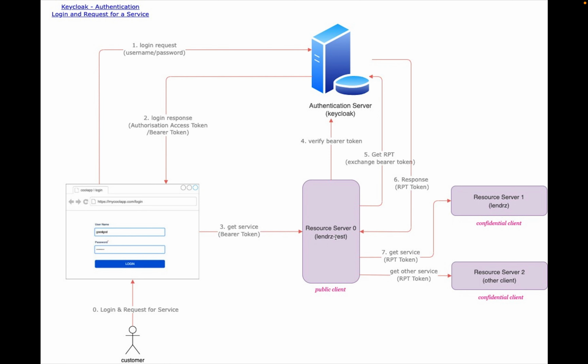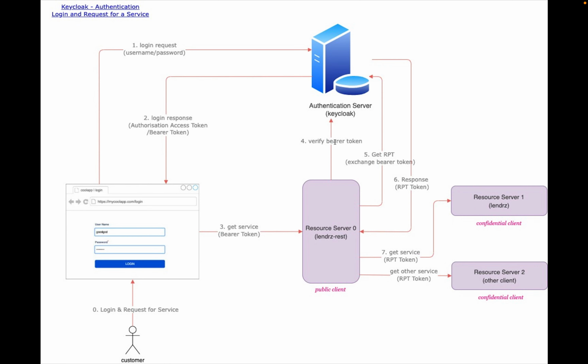I'm using this public client or resource server to request Keycloak, number one, to verify that the token I've received is authentic. This Keycloak server of mine is the one that issued this token, so Keycloak has to verify this. And then secondly, I'm requesting Keycloak to exchange this bearer token for me and give back an RPT token. RPT is the requesting party token, because in the subsequent request, when you try to access any of the resource,